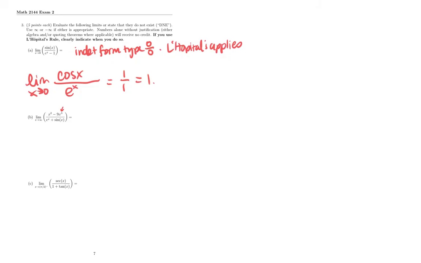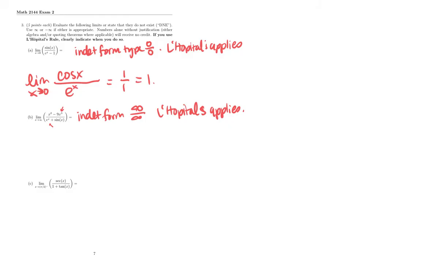And the denominator is also going to infinity, because that e to the x is going to grow to infinity. That sine of x is bounded by 1. It doesn't get any bigger than 1 or -1. And so that denominator is also going off to infinity. So this is an indeterminate form of type infinity over infinity. Well, it's really negative infinity over infinity, but yeah. So L'Hopital applies